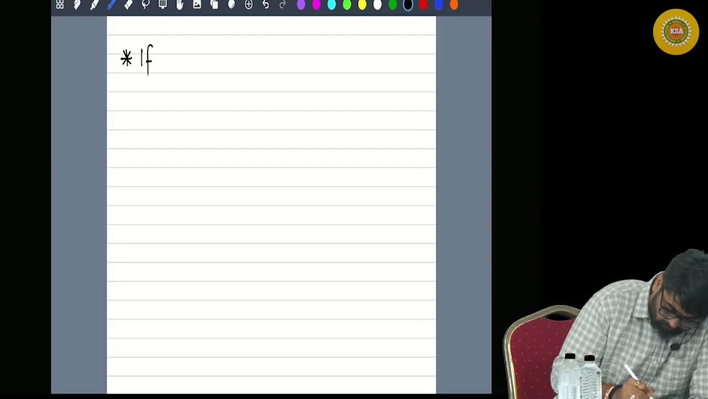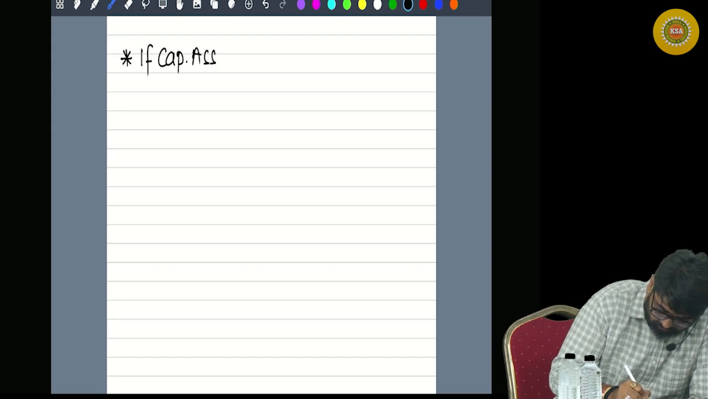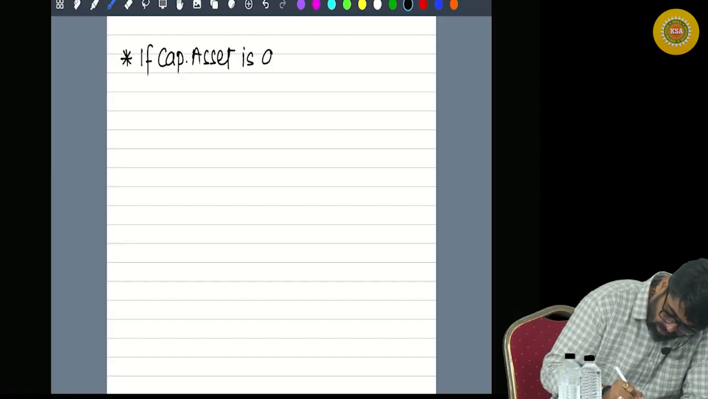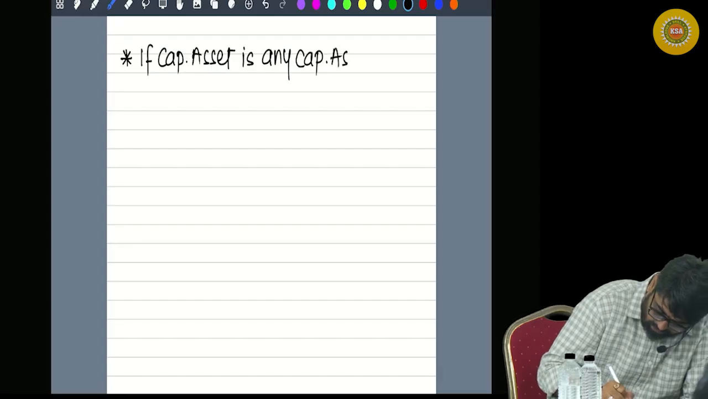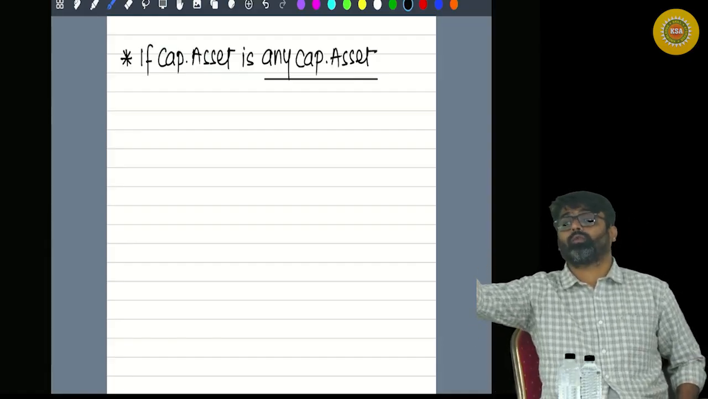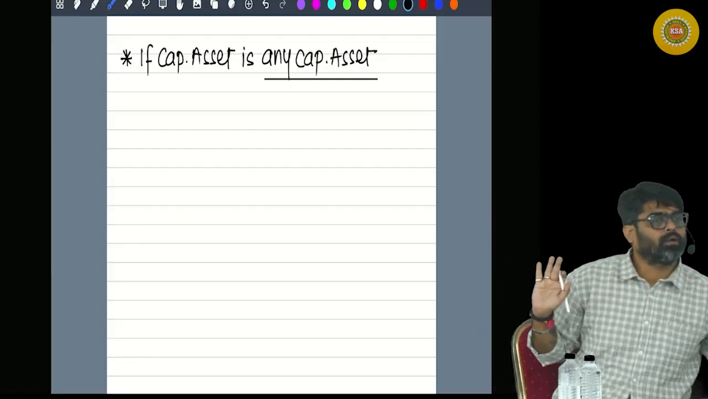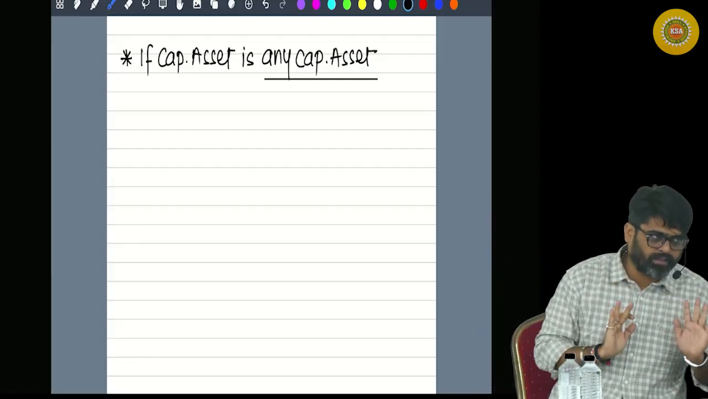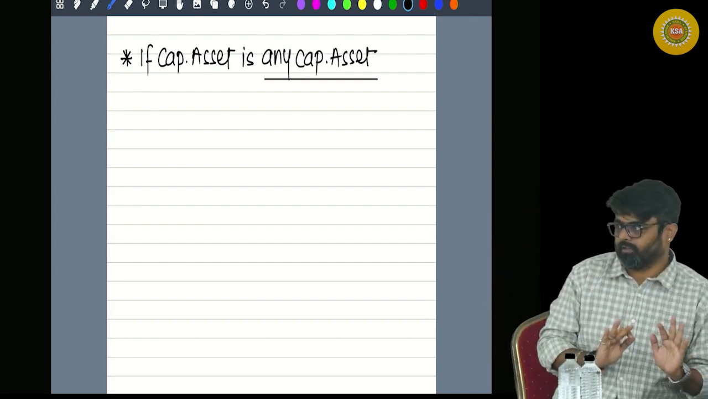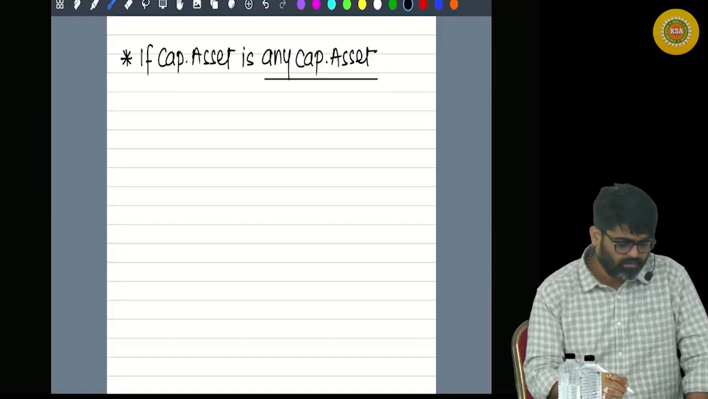If the capital asset is any capital asset. First of all, I am not talking about those assets which are covered by 55(2). Let's not bring that 55(2) in the picture right now. Let's assume that you have any capital asset. So what does the law say? Law says that if you have any capital asset